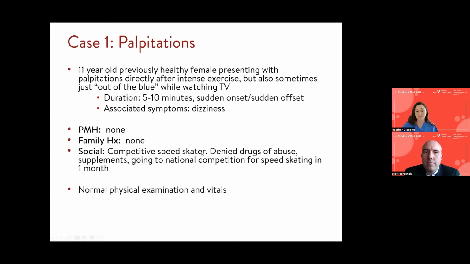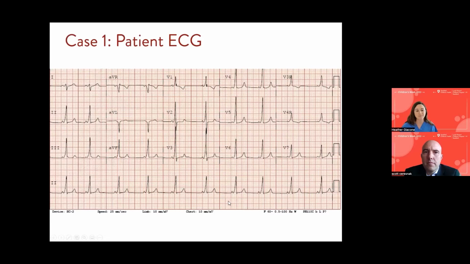She did have a normal physical examination and vitals. So you get an EKG for her. And so things to think about for this EKG and what jumps out directly with you is you start to see this delta wave. So you see a short PR interval and this slurring upwards, this delta wave or ventricular pre-excitation. You can actually see it in many different leads. And I just pointed out a few here.